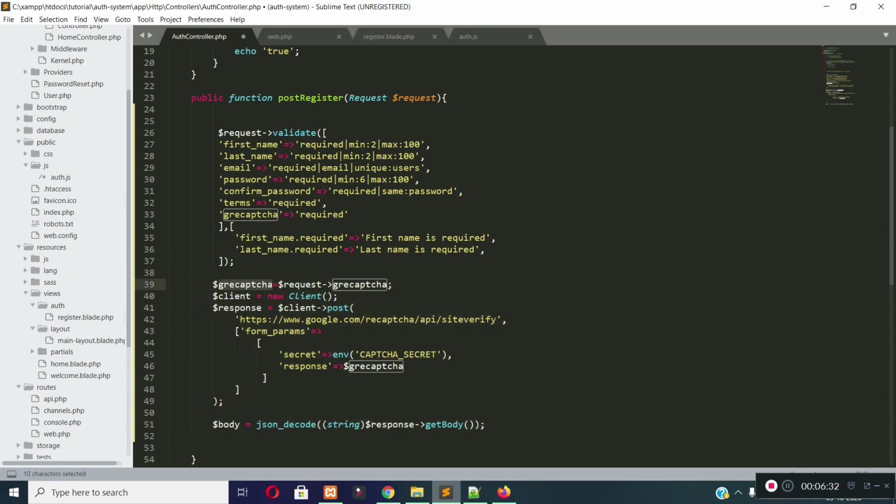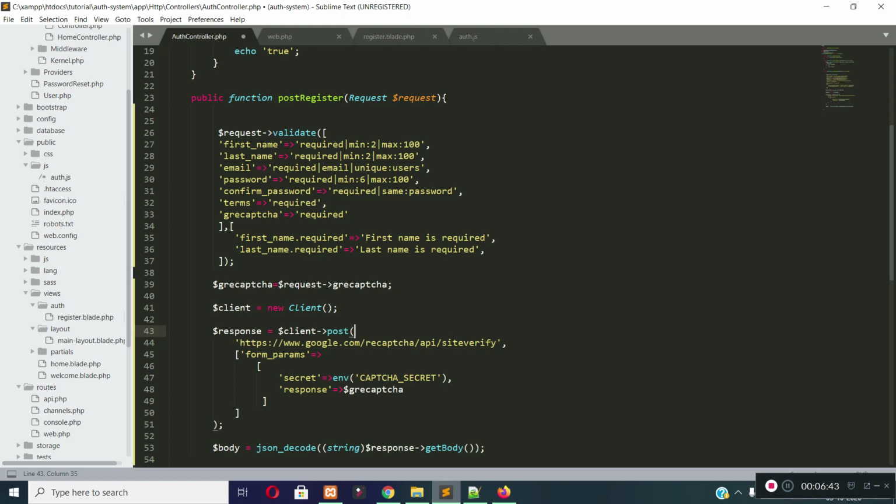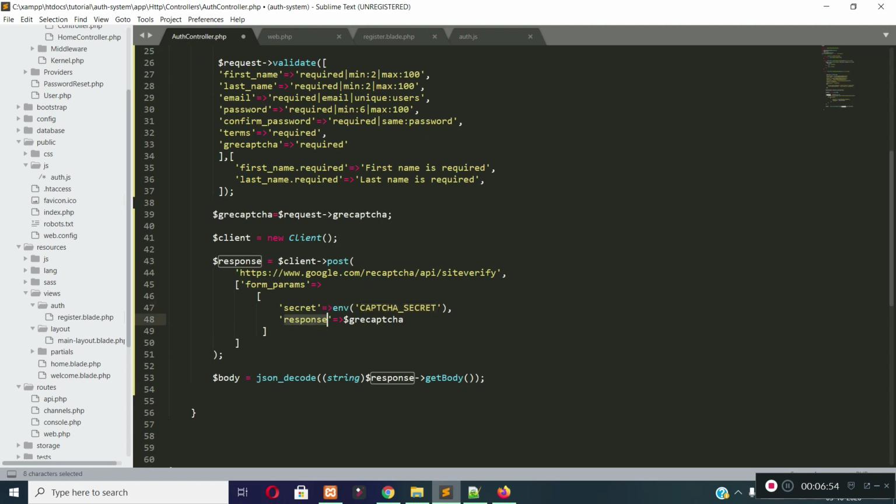I stored the Google reCAPTCHA response in a variable called gReCAPTCHA, and then I am creating a new instance of the Guzzle HTTP client, and then I am making a post request to this URL and passing the secret and response inside form params, and this should be our Google reCAPTCHA secret key, and this is the Google reCAPTCHA response.